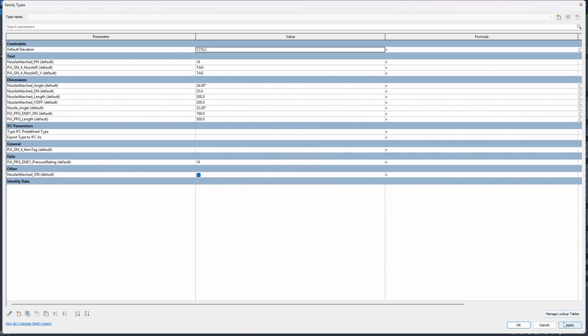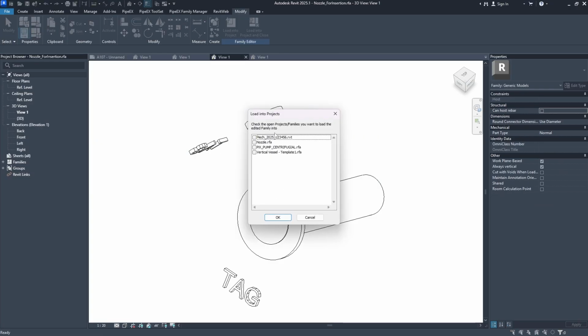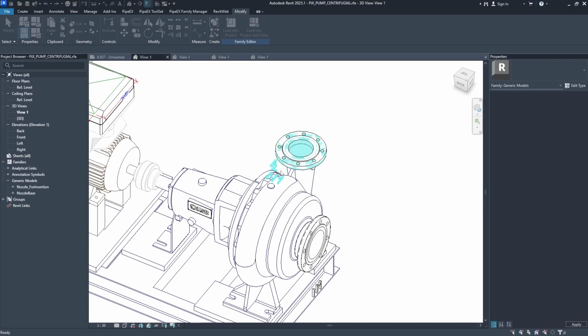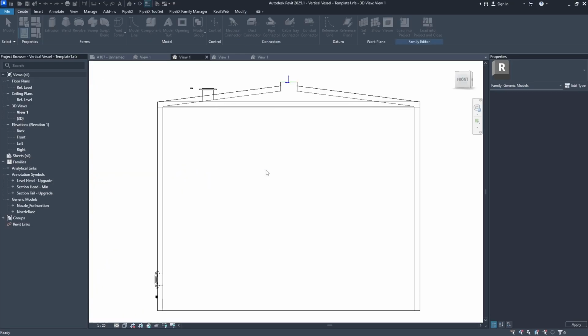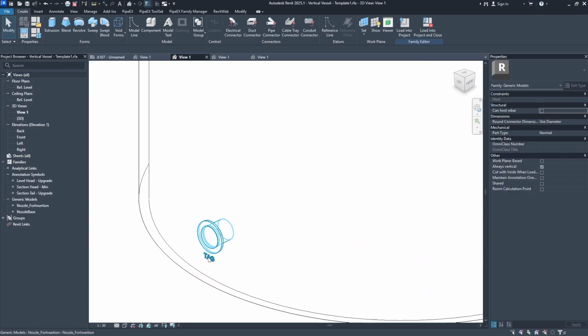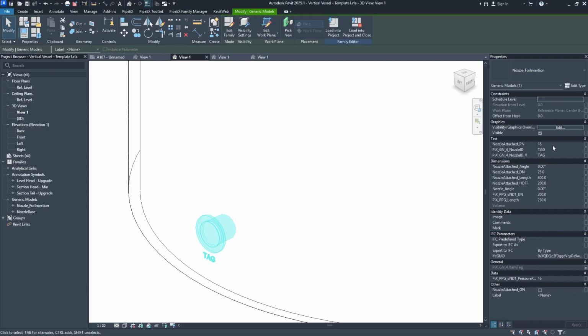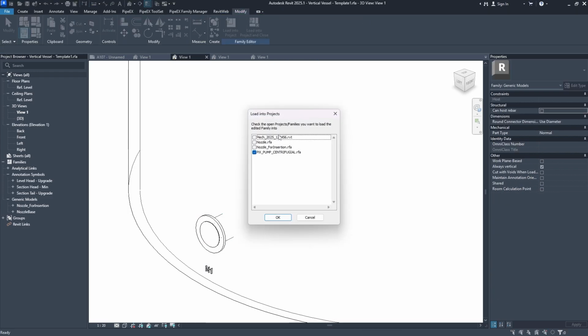It doesn't hurt. Otherwise, it might lead to duplication inside of your model. Then I'm going to simply load it to the families where it should be. So it will be this family, and it will be our tank family. Now it became tag. I'm going to simply change it to N1, load it to our project,